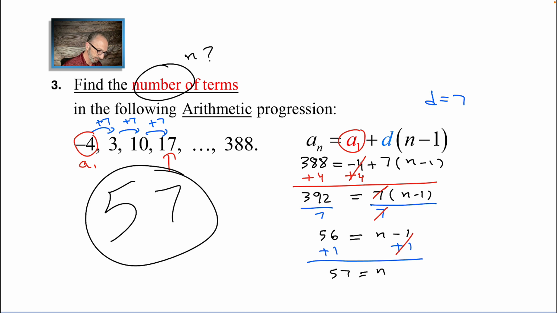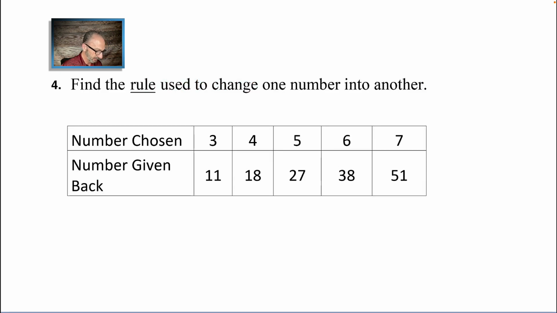Just a quick concept. Number 4. Find the rule used to change one number into another. Like the rule of this table, like the number chosen is 3 or 4 or 5 or 6 or 7. The number given back is 11, 18, and so on. What's the rule? Well, we have